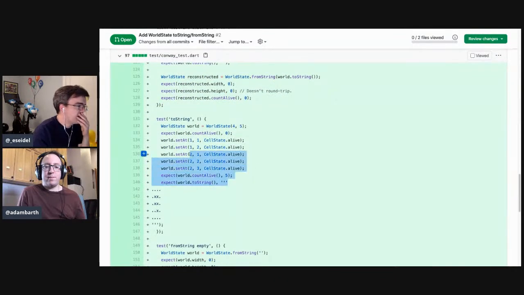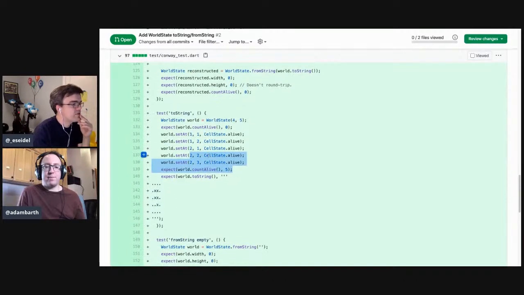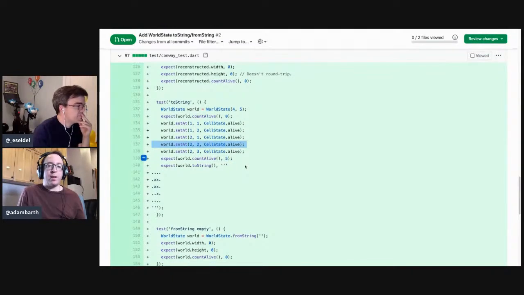Again, depending on how complicated this gets. Okay, so sorry, selecting the code is an old habit. 2-string, world state, 4 by 5, count alive 0, yeah, because everything starts dead. Set at 1, okay, we're setting an alive pattern, and we've done 5 of those, so we should have 5. Yeah. I wonder if we have a test where you set something alive twice. Oh, I think we did that actually, because remember we added a comment that we did that intentionally so we wouldn't accidentally delete the test later. Yeah.